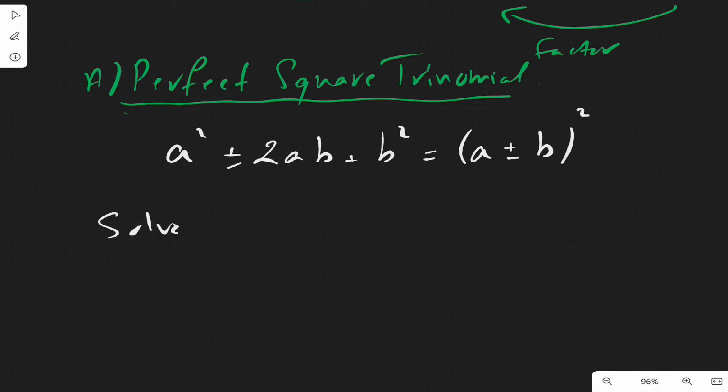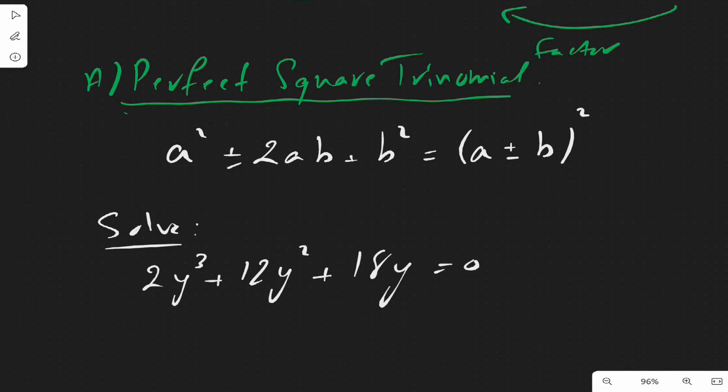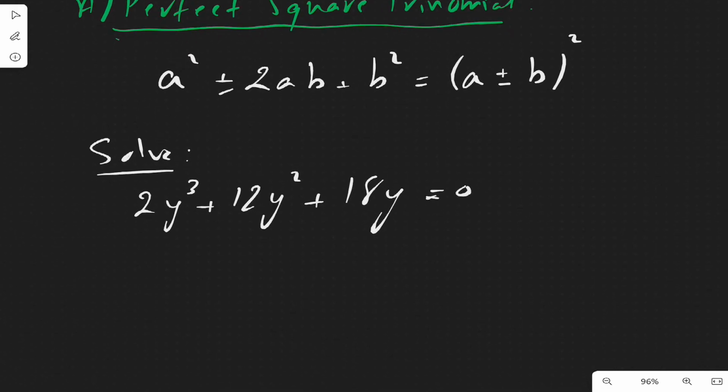Solve 2y to the power 3 plus 12y to the power of 2 plus 18y equal to 0. As we insist always, the right hand side must be 0, and it's done. And also the second thing we insist on is to check for GCF. So I see